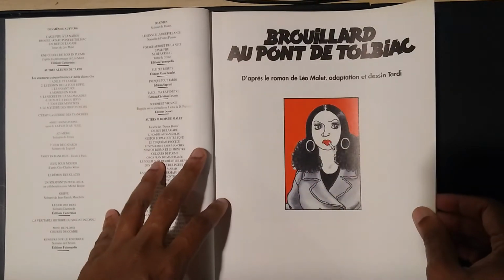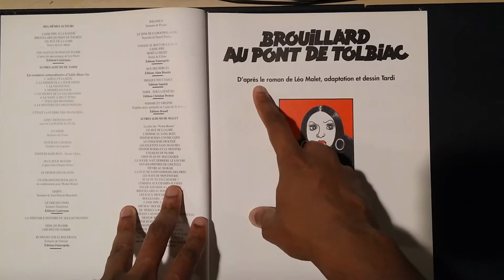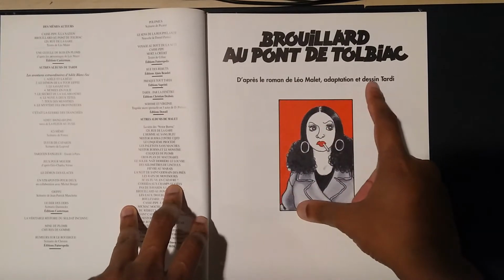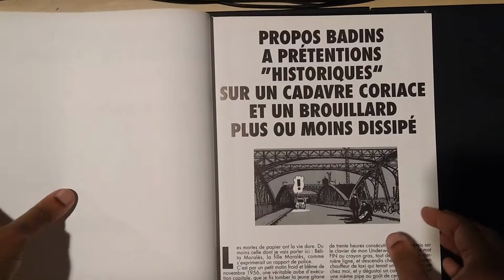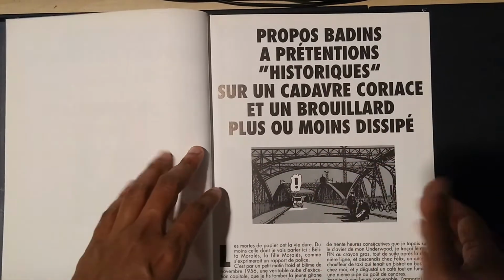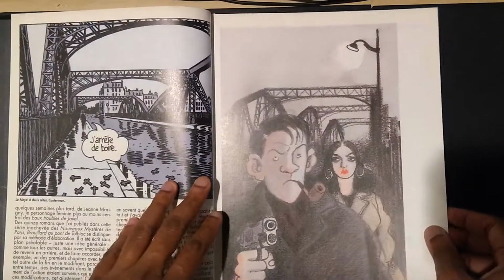So okay, it's D'Avril, Roman de Leo Malet, which means it's based on the novel by Leo Malet and adapted and illustrated by Tardi. So this is the first time I'm looking at Tardi's illustration. I decided on this, of course, like I said, I don't want to repeat it because I'm quite familiar with this story. And it starts with a little bit of a foreword